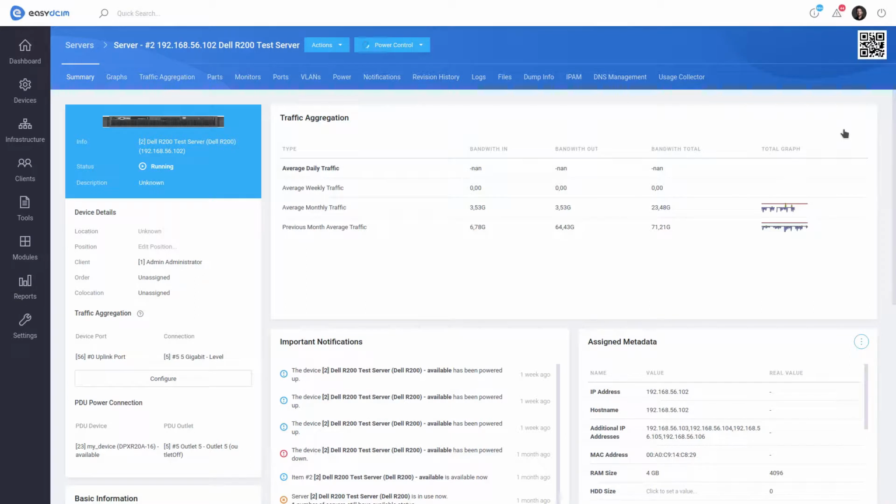Assigning the server to the location and the appropriate position in the rack allows you to keep track of actual placement of your devices in the data center. In order to assign a server to a location, select Edit from the Actions menu located in the Summary view